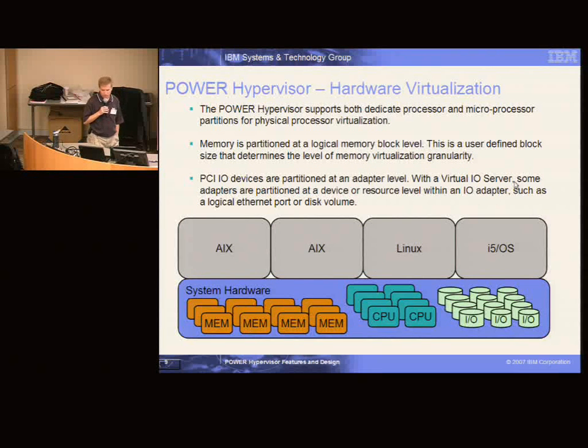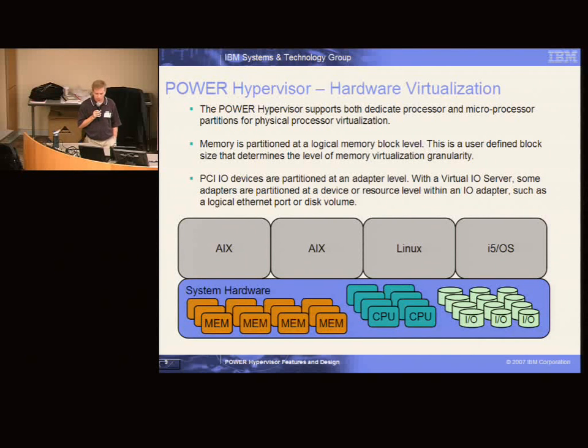This is just kind of another picture here that shows you what hardware we do focus on for virtualization. For processors, there's 2 ways you can do that. You can either just split up the processors along processor boundaries, which is what we call dedicated partitions, and that would be where you assign a whole processor to a partition, or we can do micro partitions, which is essentially shared processors where you have multiple partitions that use the same physical CPU. Memory is fairly basic. What we do is there's a user-defined granularity level. It ranges from 16 to 256 megabytes,